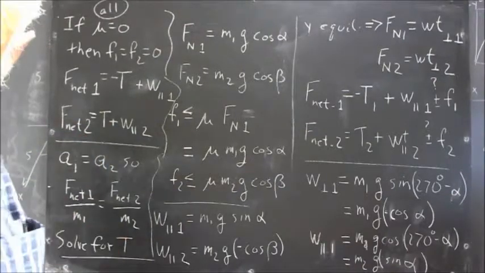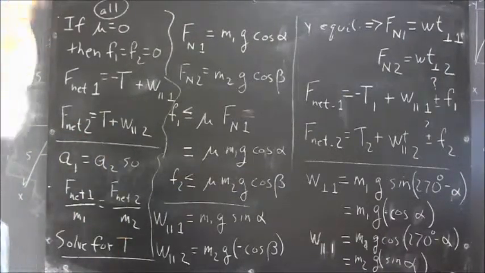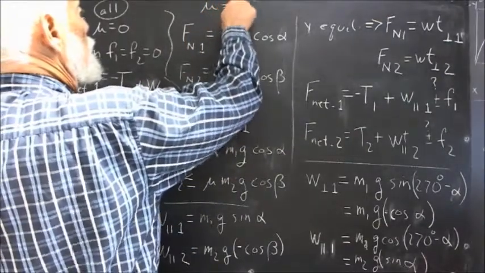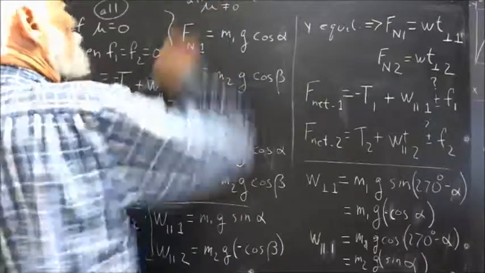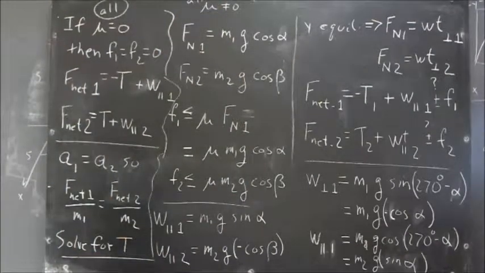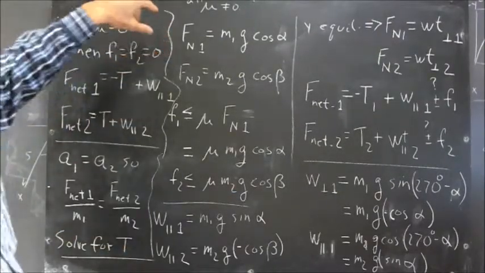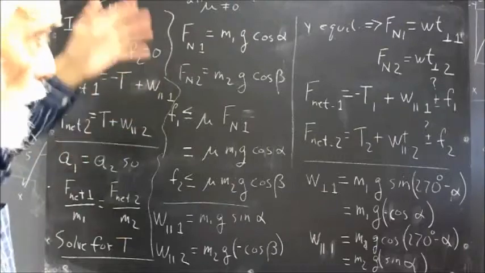Okay, now let's go to the case where the coefficients of friction are not equal to 0. So I'll say all coefficients are non-zero. I'm not sure the camera's got the top of the screen there, but we get the idea. Okay, so what do we know then? Well,